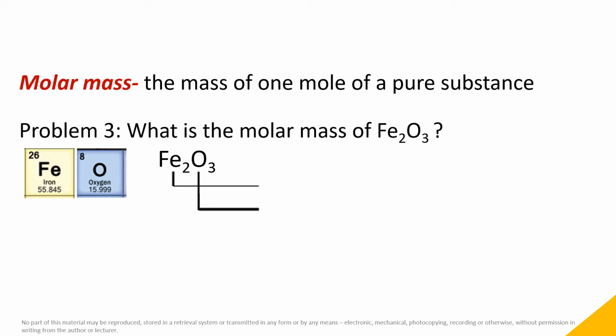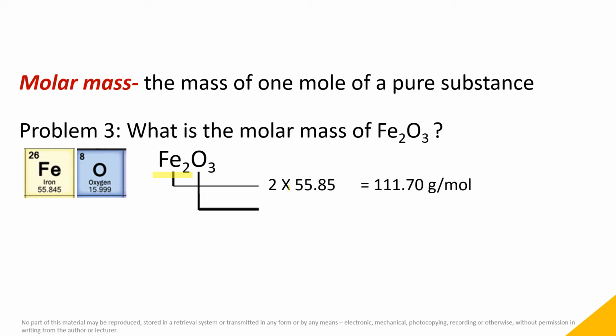Again, we're going to reduce our numbers to two decimal places. If we look at the formula, we have Fe2O3. The subscript symbolizes the number of atoms present for each element. So we have 2 atoms of iron, therefore, this would be 2 times